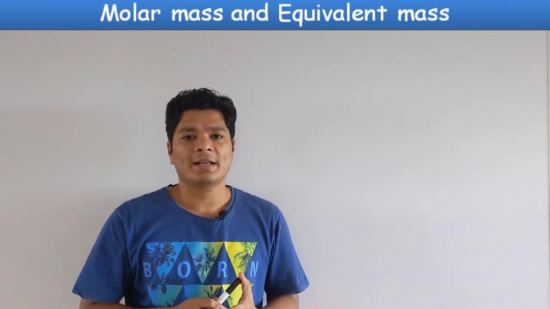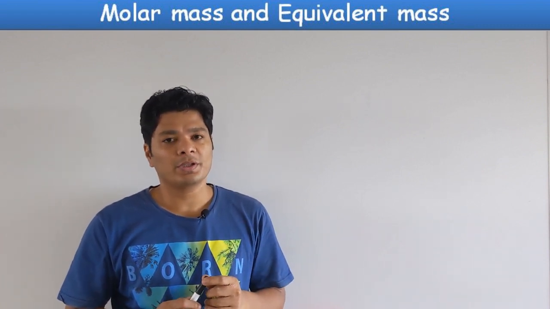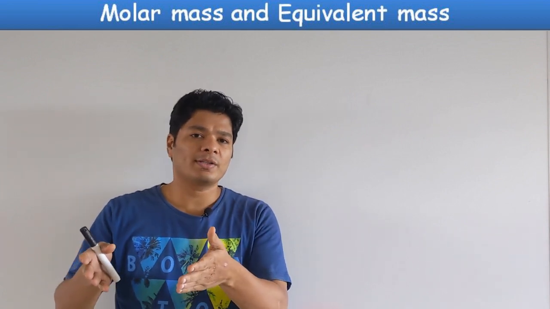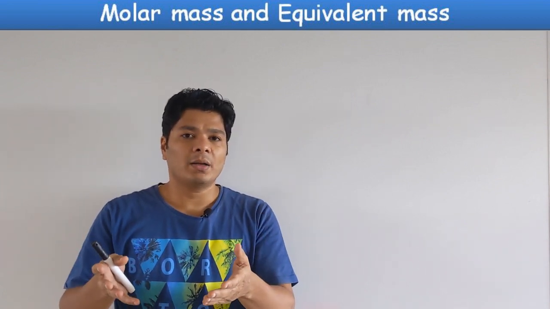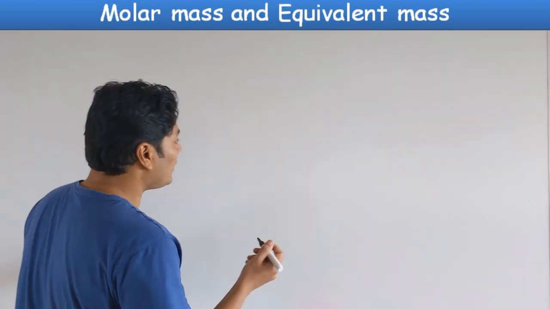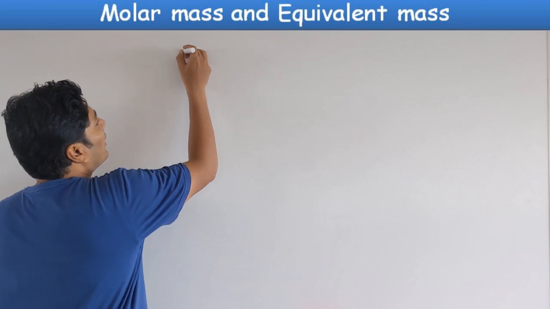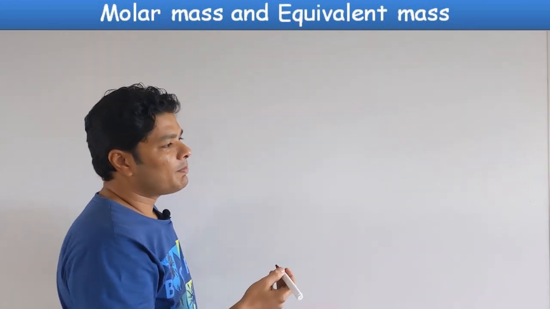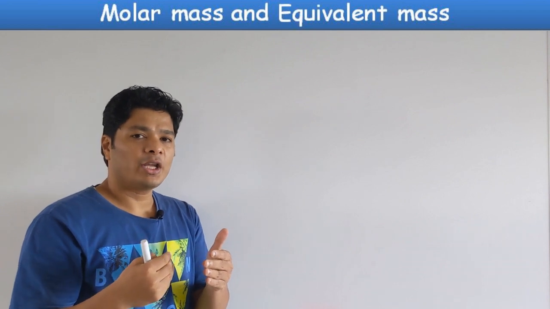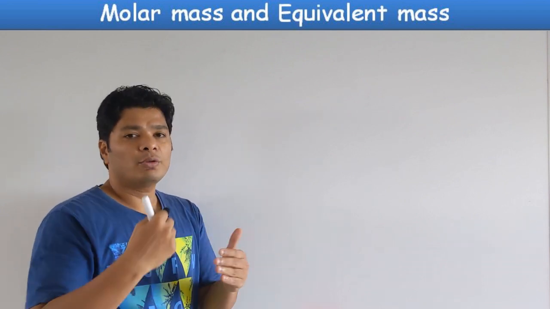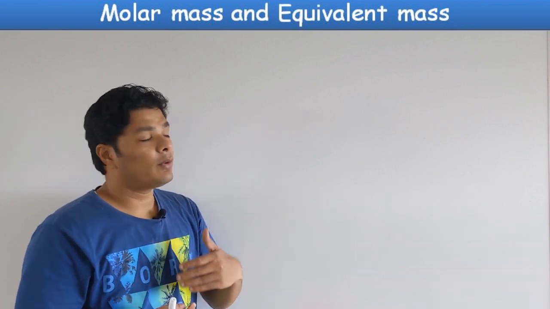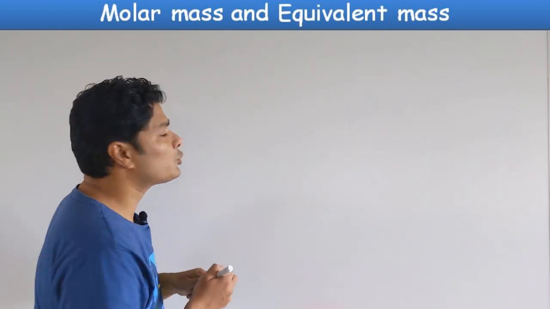Equivalent weight or equivalent mass comes in one other place in your syllabus. It comes in Faraday's first law, when you do electrolysis: how much of the given metal is deposited at the cathode. This might not be relevant to people who are just beginning in 11th standard and looking into equivalent weight. So come back to this video when you have finished your electrochemistry in 12th standard. It will be useful. For people who are doing a repeaters course, this will be useful.